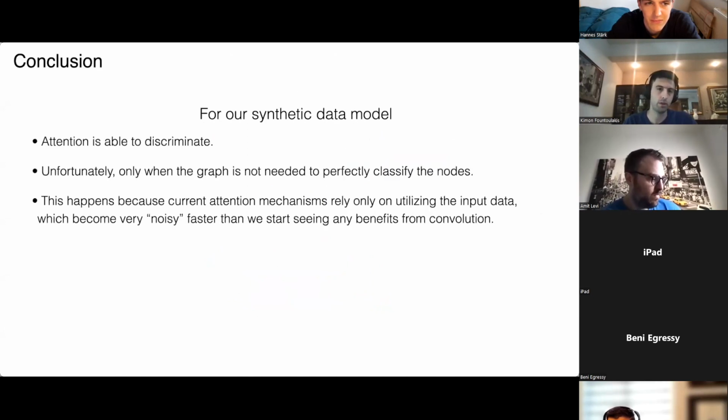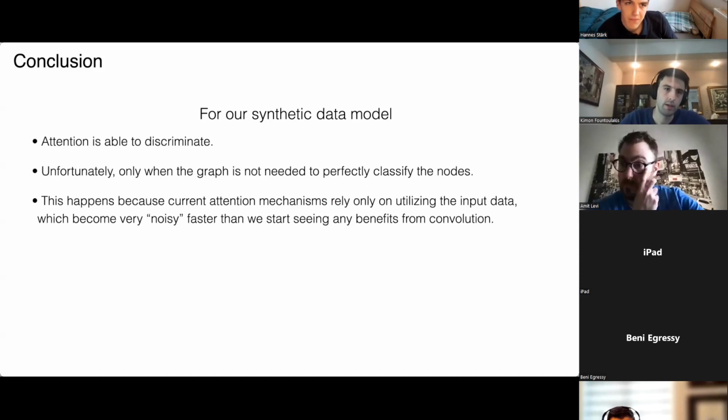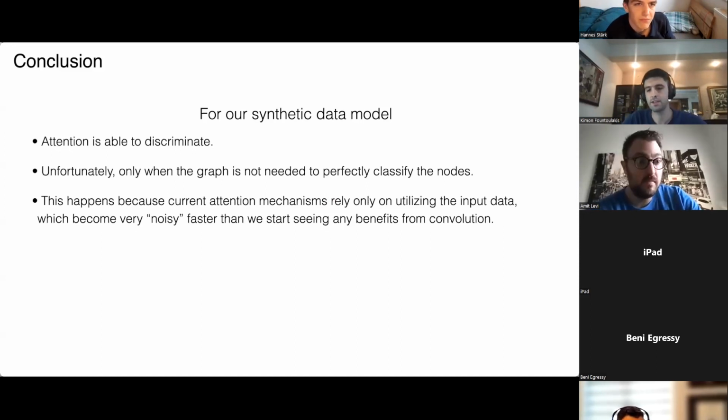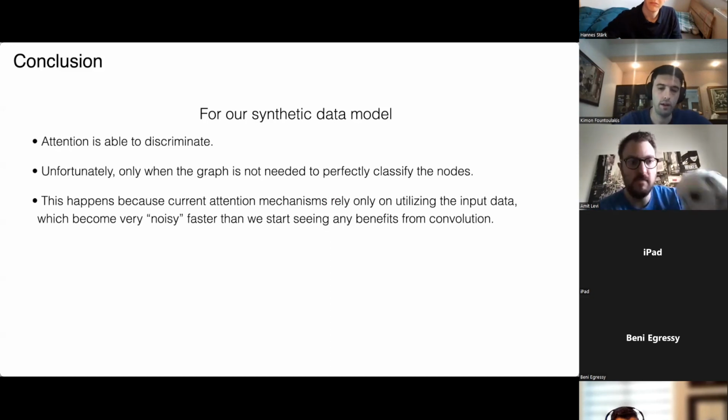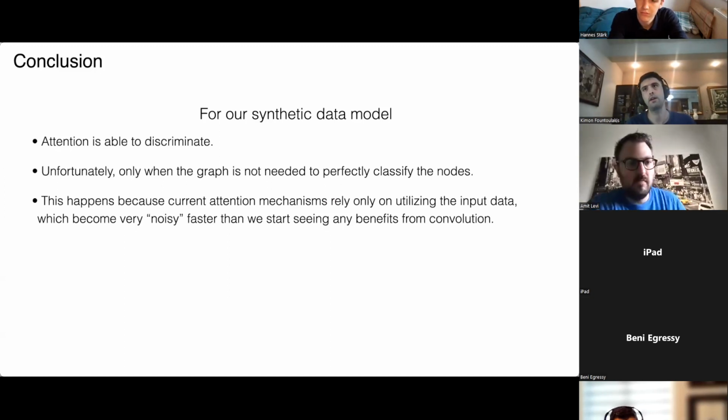Okay, so let me give a brief conclusion, then we'll go into the detailed part. So attention is able to discriminate. Unfortunately, this is going to be successful only when we actually don't need the graph. However, there are advantages to using GAT because of the robustness that Hannes mentioned. And the reason that it fails is, again, because of the representation of the edges as the concatenated vectors. The concatenated vectors have the property that they become noisy way faster than convolution